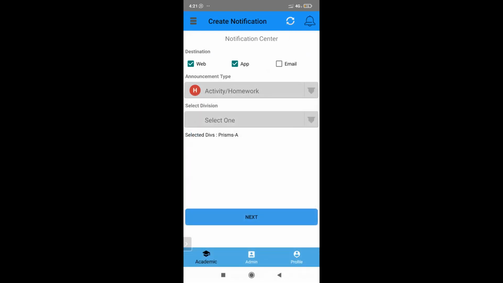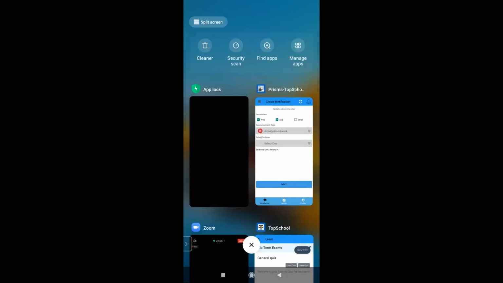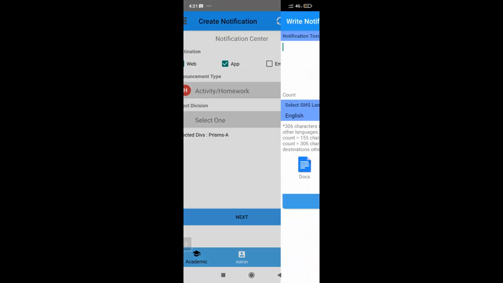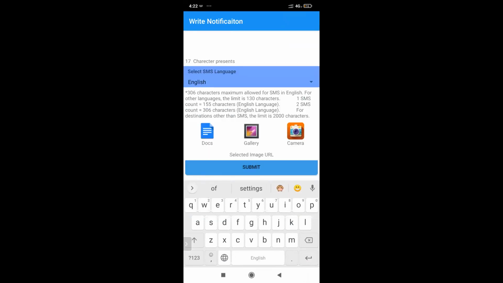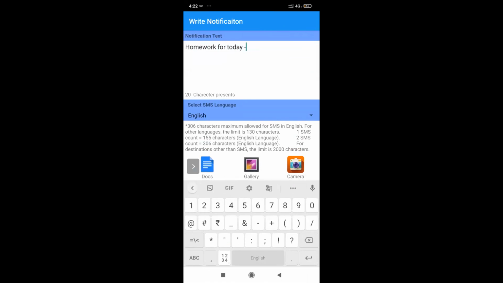We use this for messages and any notice. Any notifications we have to send, we use this only. You can send images, everything, through here. You can type your notification. If you want, you can type in Marathi as well, using the keyboard to type in a different language. And you can add attachments. You can have a first line like homework for today or homework for the date, and then type whatever the content is. And if you want to upload anything, you can add it that way.